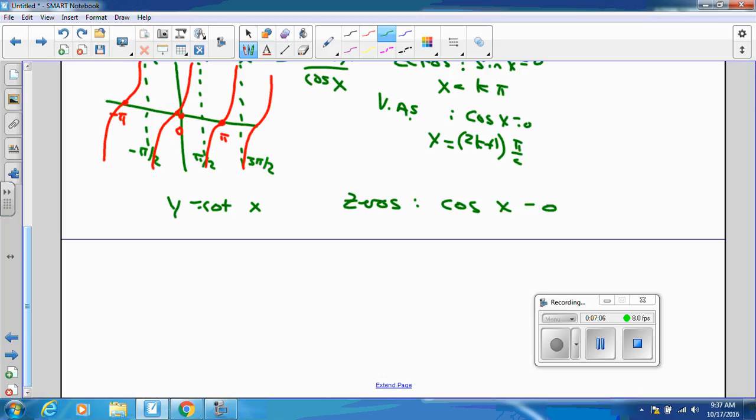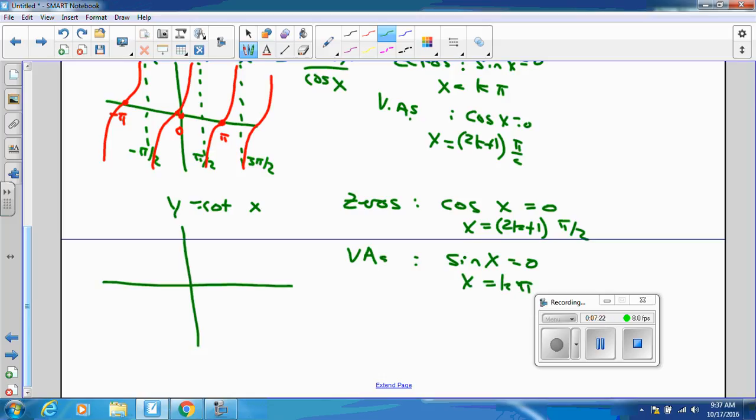Here, I'm going to have zeros where cosine is 0. In other words, where x is 2k plus 1 pi over 2. And I'm going to have vertical asymptotes where sine x is equal to 0. In other words, where x is equal to k pi. And so that's going to give me vertical asymptotes at 0, pi, 2 pi,